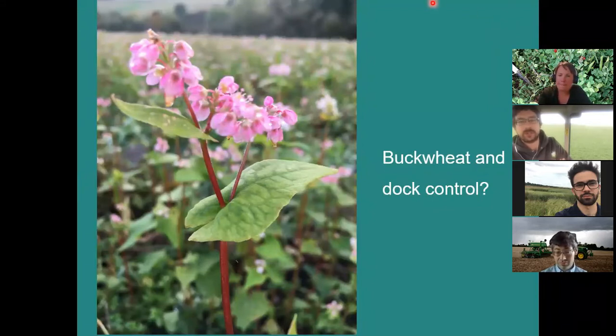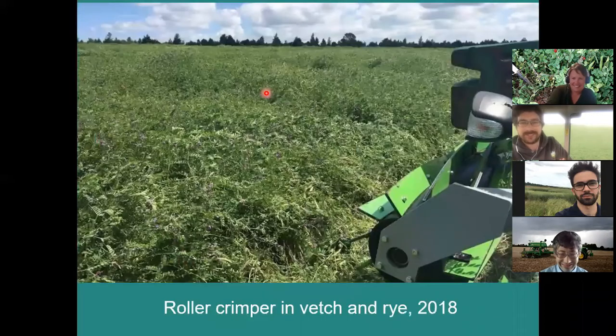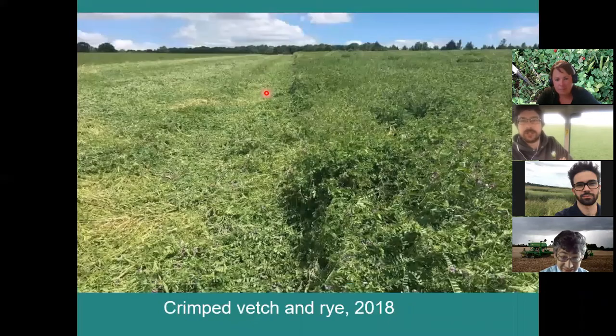So it's quite a cheap way. We grow our own buckwheat seed. So it's quite a cheap way of controlling docks, which can be quite hungry on machinery to try and hoik the roots out on the surface. So yeah, again, something else we're just trialling on our own, really. But they look nice when they all come into flower in November, as long as they don't get any frosts. That's the crimper again. So yeah, that's what we're doing, really.